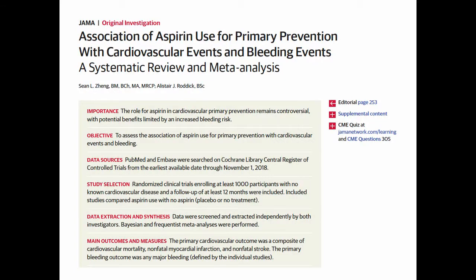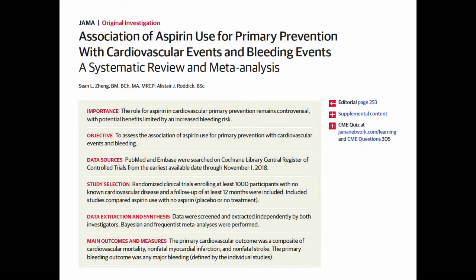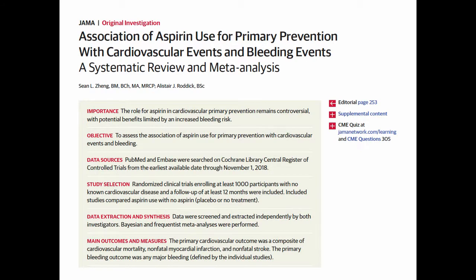All right, let's close with aspirin. This is a very recent systematic review for aspirin use for primary prevention of cardiovascular disease. The key point is primary. So this is giving aspirin to people who have never had a heart attack or TIA or a stroke to prevent those things. And we've been giving this to people for decades to prevent cardiovascular disease without really any solid evidence. And luckily in 2018,